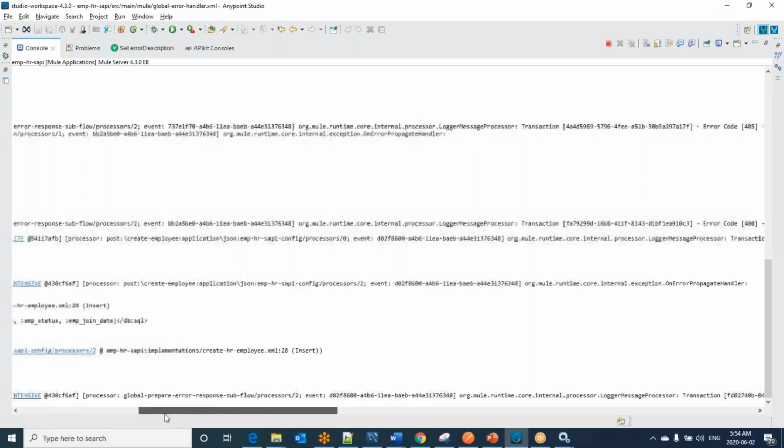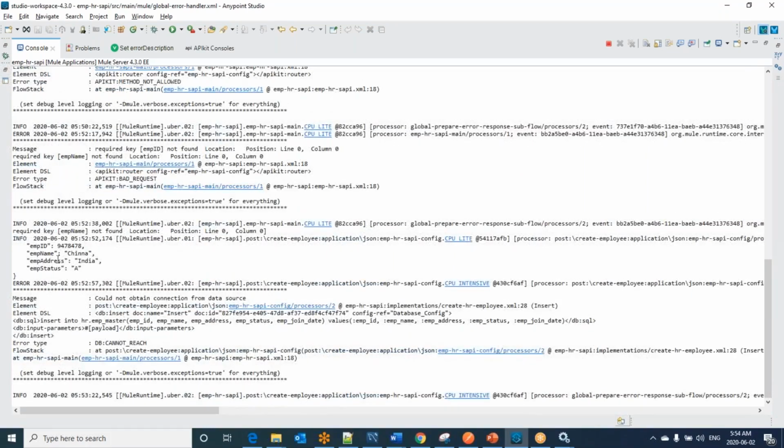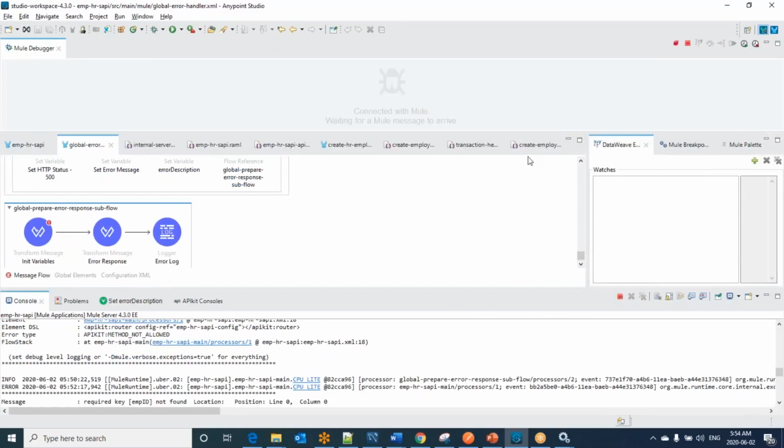So for this transaction ID, the request came and the payload that came is this one. And it was saying that it could not obtain the connection from the data source. So we can assume that the database is not able to connect. We can talk to our networking team or DBA team to check why the connection was lost, so that it will be re-established and we can fix the issue. Based on the transaction ID, we can easily monitor our logs at each request level. That is the significance of the transaction ID. Okay, this way we do global error handling in real time.